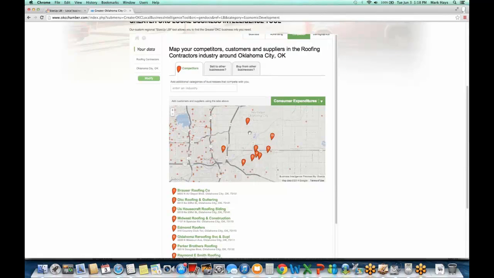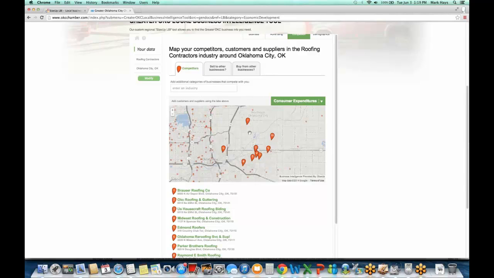So if you were in an industry where it was important to know who you're competing with for dollars, or if you were looking to open a second, third, or fourth location, or to move locations, you're going to be able to see exactly where those who are competing for a limited amount of dollars are located, and be able to strategize from there.